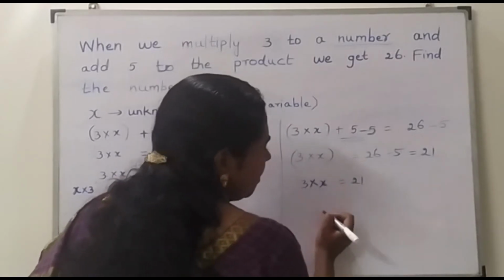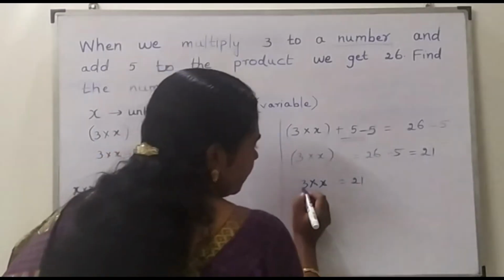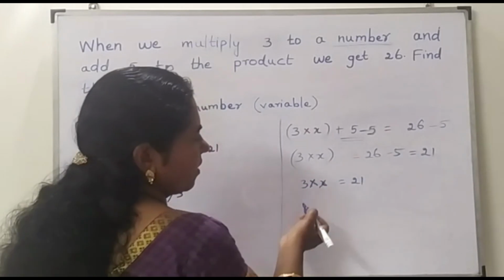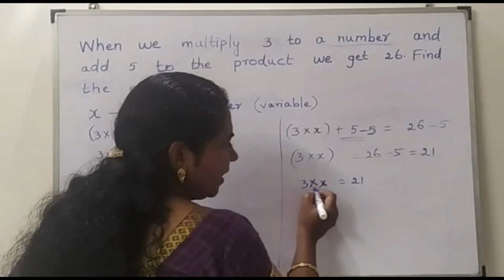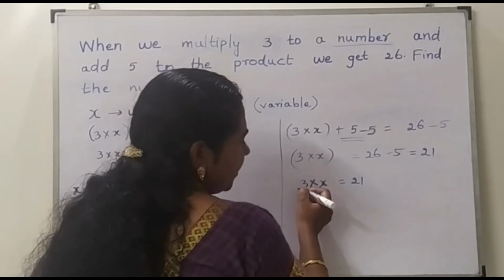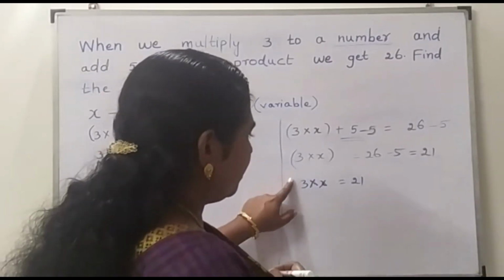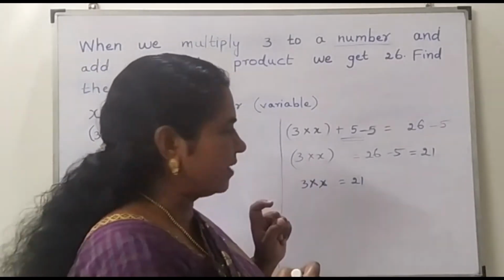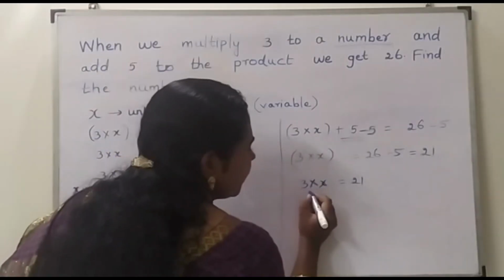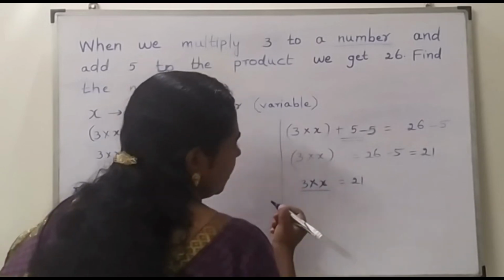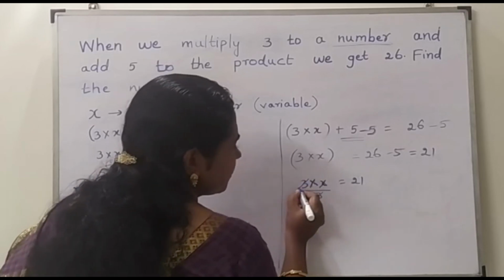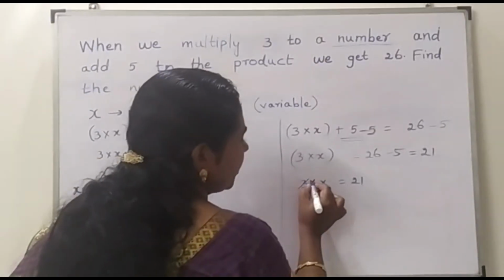in order to bring x alone in the left hand side, we have to eliminate this 3. So how can we eliminate this 3? Here it is a multiplication sign. So we have to divide the whole expression by the number 3, so that 3 and 3 get cancelled, and so you will be having 1. So 1 into x becomes x. So you will be getting x alone in the left hand side. That is, since it is 3 here, divide the whole expression by 3. So it becomes 1 into x, it is x.